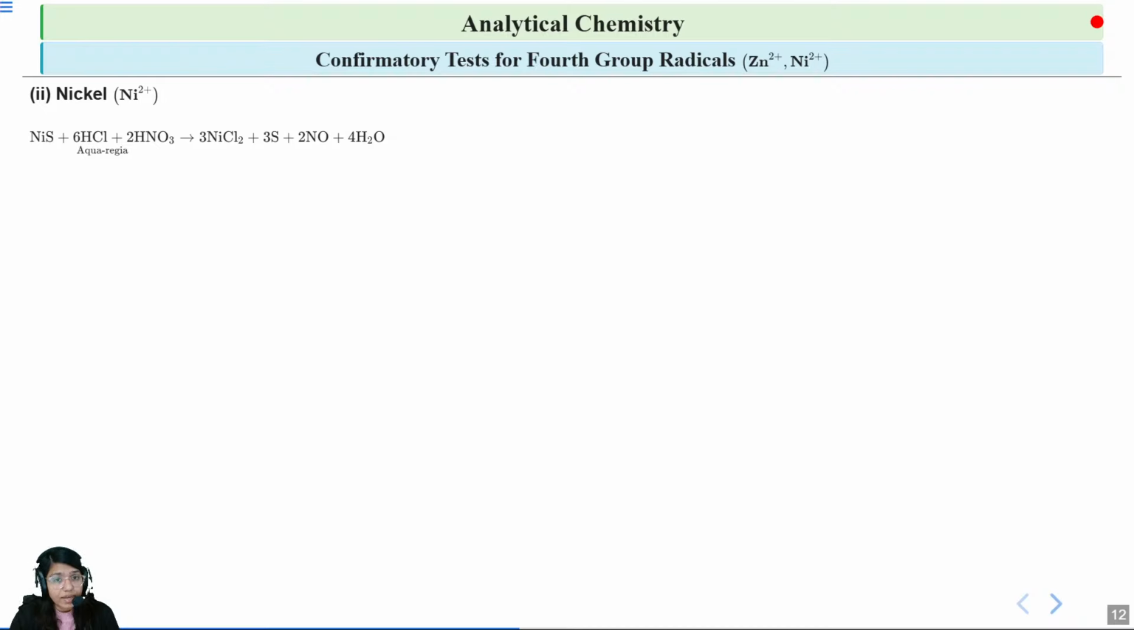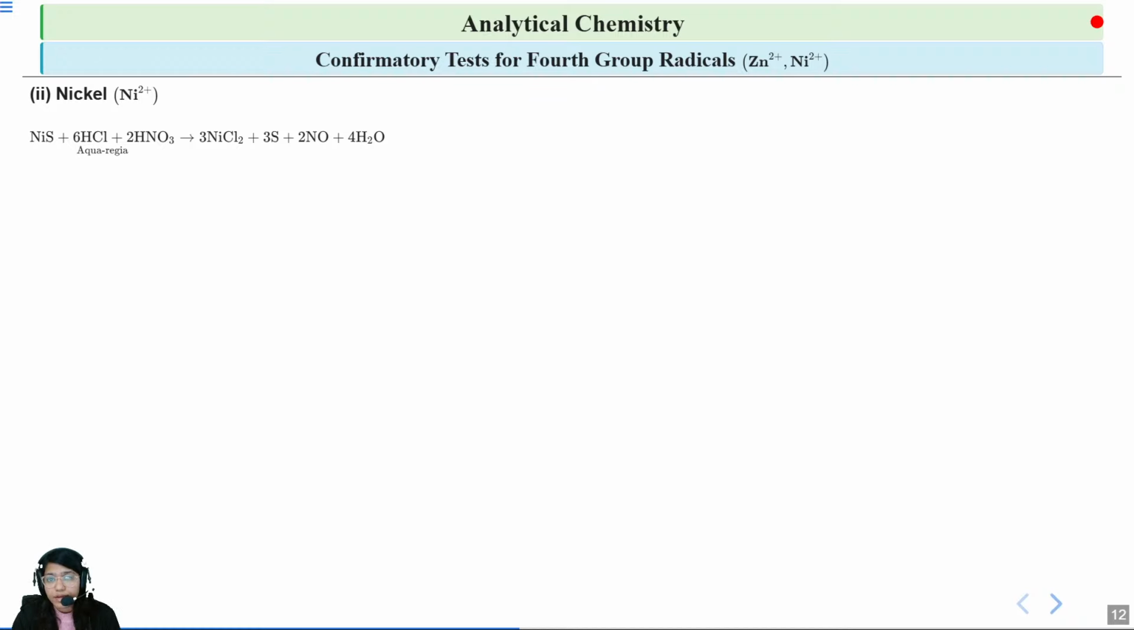Nickel sulfide NiS is black in color and it is insoluble in dilute acids. Therefore, it is dissolved in aqua regia for further test. Aqua regia is very corrosive. It is a mixture of concentrated nitric acid and hydrochloric acid. It contains 3 parts of hydrochloric acid and 1 part of nitric acid. So, nickel sulfide dissolves in aqua regia according to the given reaction. In this reaction, the black nickel sulfide dissolves, forming nickel chloride solution with sulfur separating out and nitric oxide gas